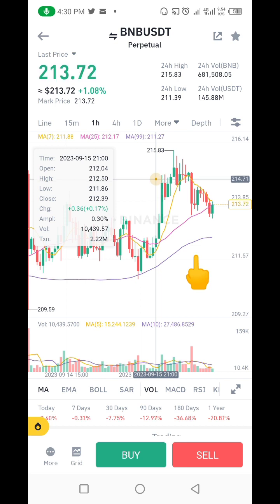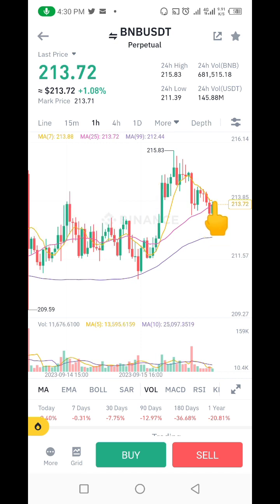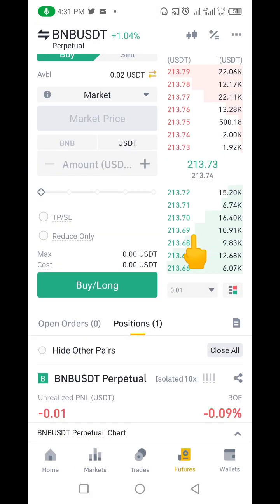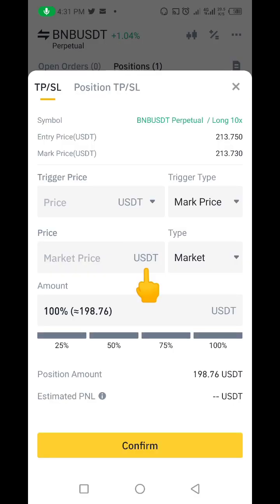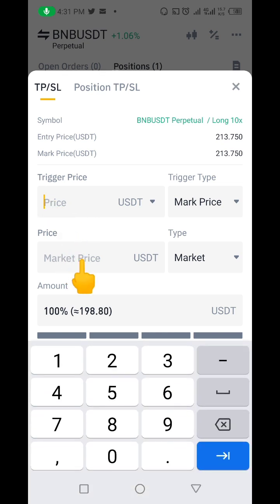Let's say I'm predicting that this market will get to this point, which is 21471. I'm predicting that this buy is going to get to 21479. So let me go back here now. I'm going to click on this stop and take profit. Then I'm going to put in this take profit. I'm going to say it's going to get to